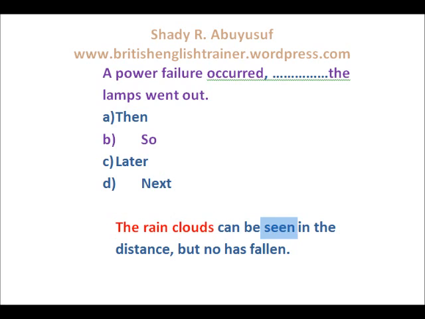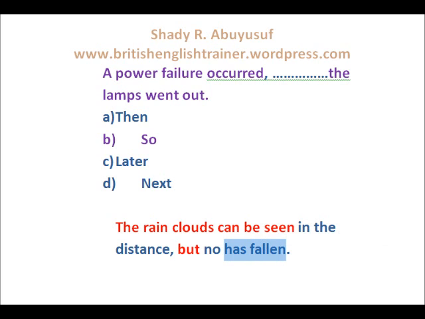Now can be seen, that's the verb. So I've got subject and verb. And then we have in the distance, but, so I've got a coordinate connector and we've got the comma. No has fallen. So after the coordinate connector, we need subject and verb, because the rule of the coordinate connector is that it connects two clauses together, and every clause contains subject and verb. So when I say, but no has fallen,